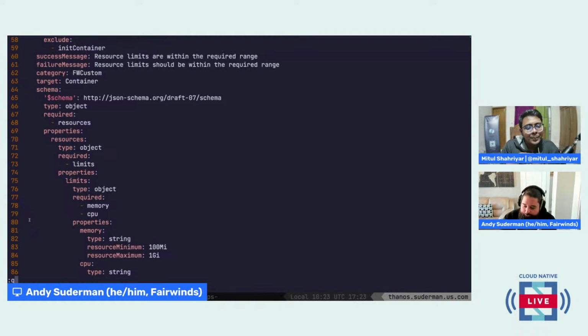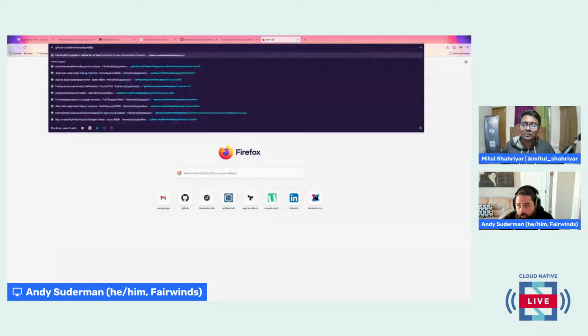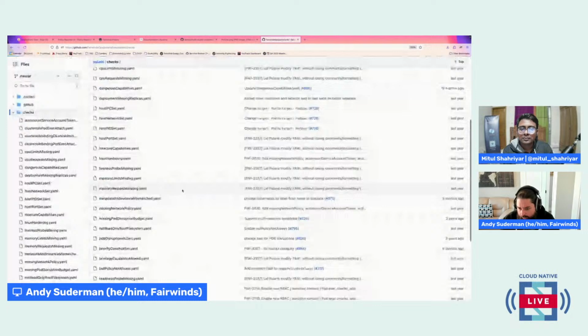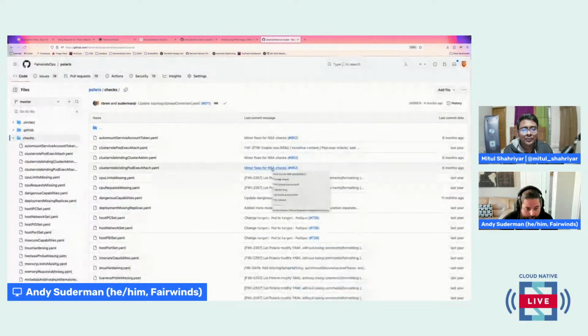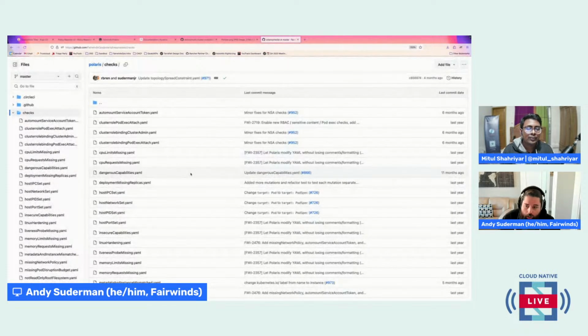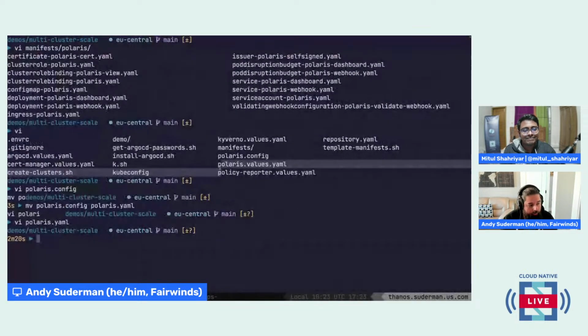And so I will say, I believe in Polaris, we map the CIS benchmark specifically in our checks. I don't know how we specifically say that, but we do say we cover the CIS benchmark. And then we've also got the NSA checks as well, but we don't necessarily have a way to map those just yet. We do in our commercial product. And I know several other commercial products do as well, but open source hasn't quite gotten to that point yet. But a great question and something to think about as you're building your policy strategy is how are you doing that mapping and where do you keep that mapping?